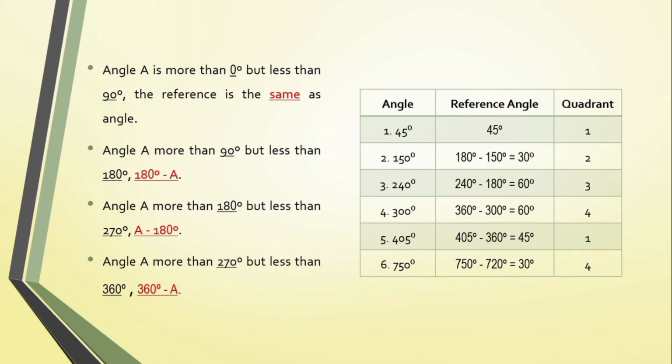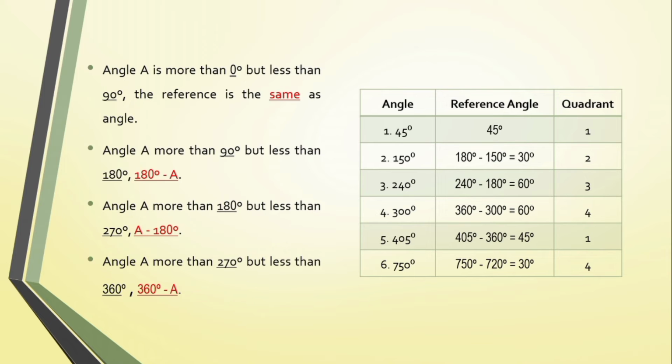Now let's focus on the table. We have number 1, 45 degrees. The reference angle is 45 degrees. It belongs to the first quadrant. Then number 2, we have 150 degrees. 180 degrees minus 150 degrees is equal to 30 degrees. So the reference angle of 150 degrees is equal to 30 degrees, and 150 degrees belongs to the second